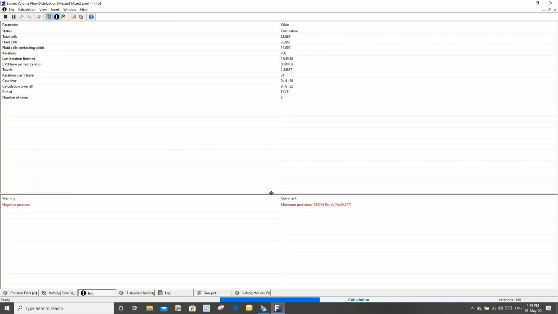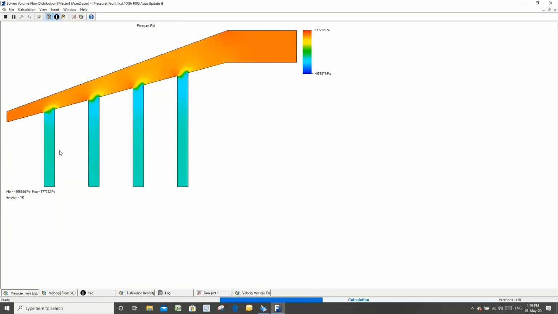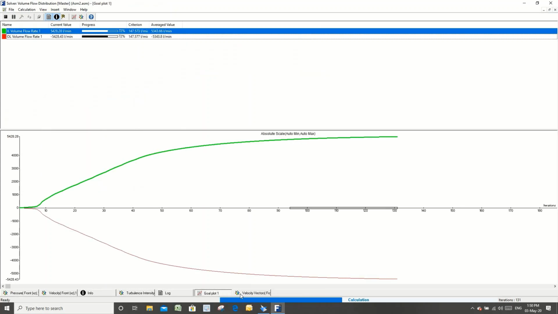And you can see you have lots of different tools to visualize. Like when you started here, you can see we have this option called negative pressure, and these are the areas where we are getting negative pressure because of the sudden pressure drop, okay, and the presence of turbulence around there.